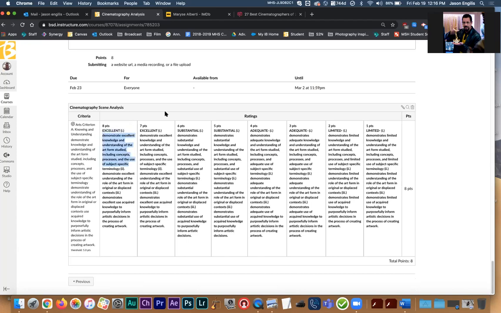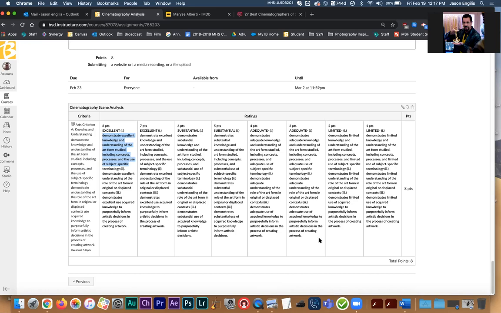So again, this is film 2. All of this is review from film 1. And it's an opportunity for you to show me you know what these things mean and can apply them to a film analysis. The more that you talk about, the more you explain what you mean, the stronger you are.